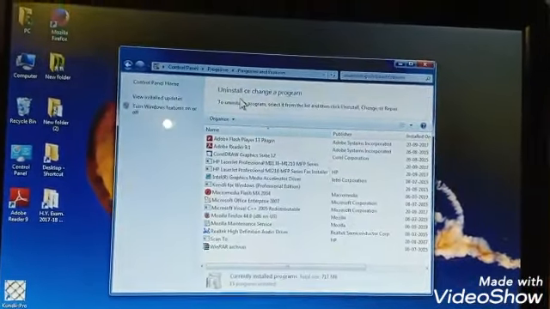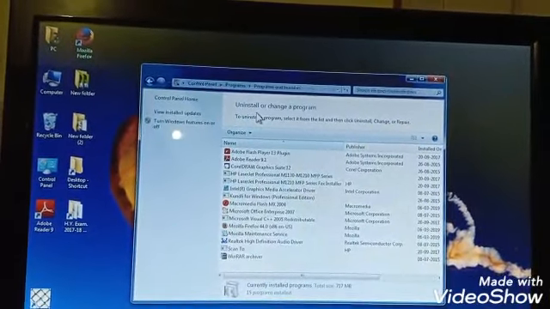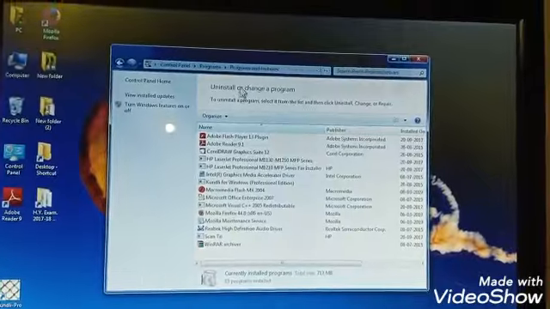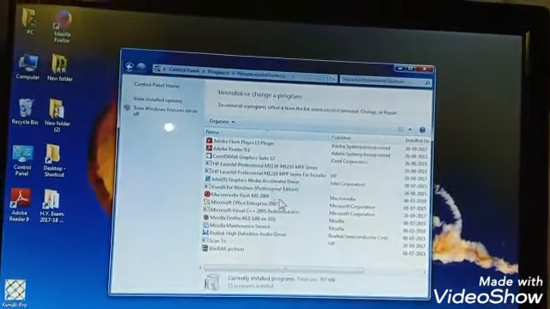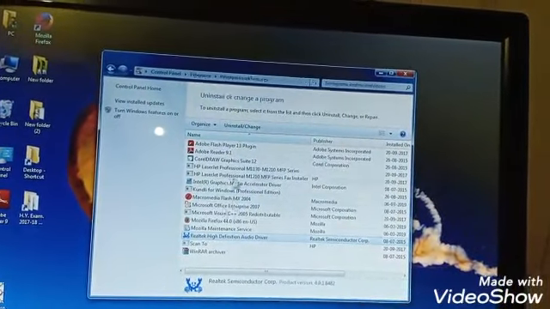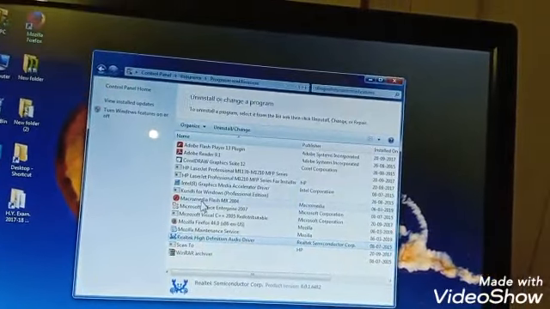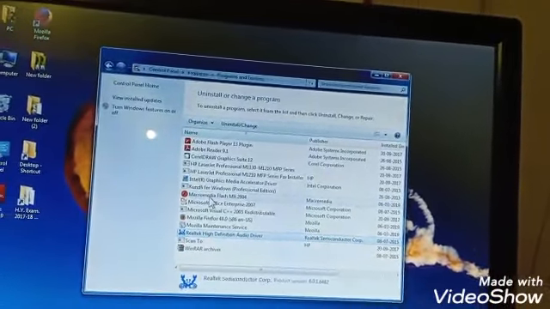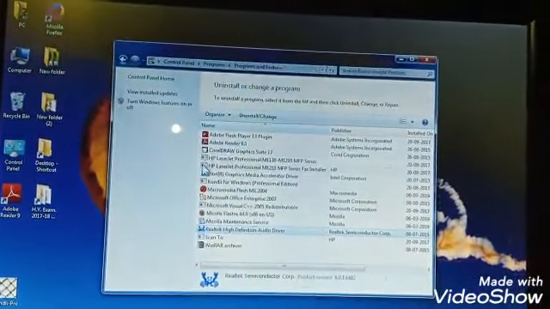Here the uninstall or change a program window appears. You can see a list of programs installed on your computer. In this you can uninstall any of the programs. Select the program you want to remove and click the uninstall button.